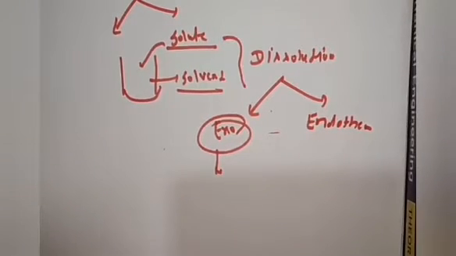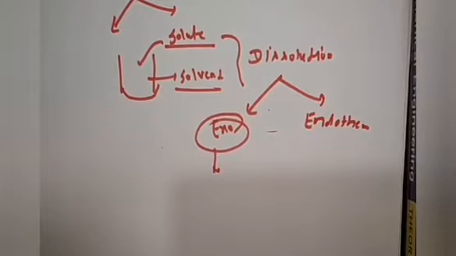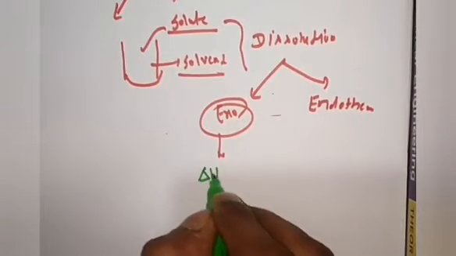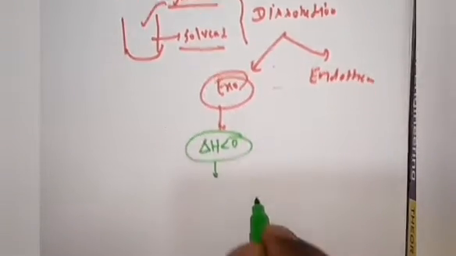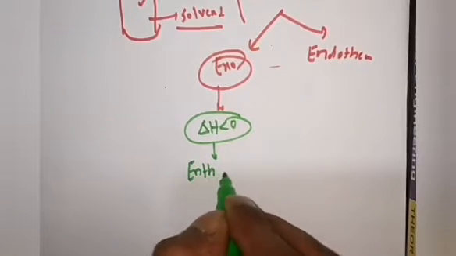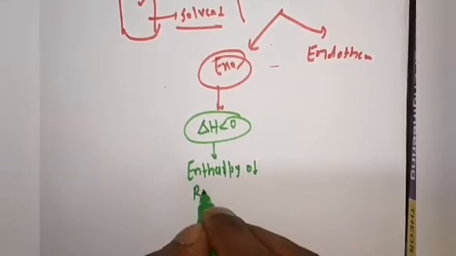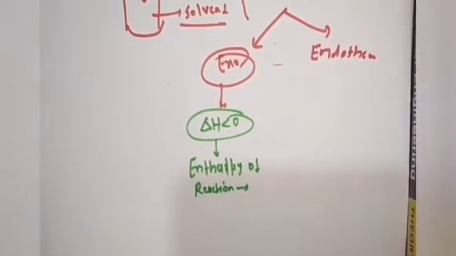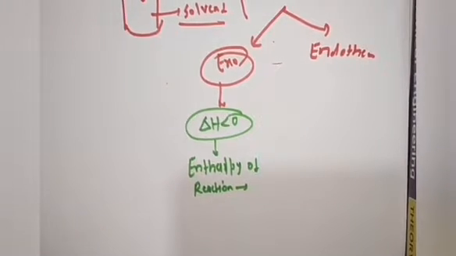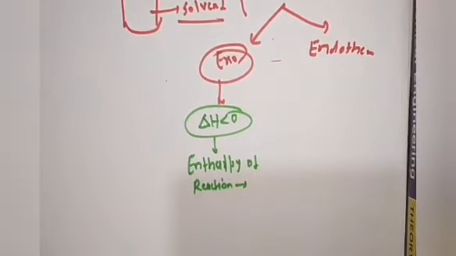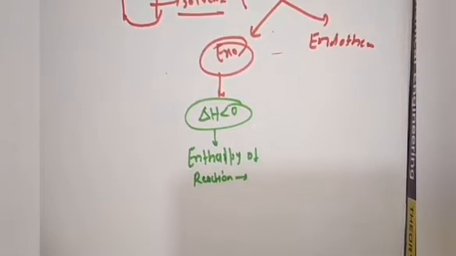The reason behind that is कि if a chemical reaction is taking place, then what used to happen, if the enthalpy of reaction is coming negative, just like delta H is less than 0, means enthalpy of reaction is negative. Just I am writing over here enthalpy of reaction. I think you all have studied enthalpy of reaction, जो भी है वो क्लास 11th के thermodynamics में. So I am not going to discuss all these topics here because it's a very fast topic and I don't think it's very necessary to discuss over here. I will tell you everything over here and you will be able to understand everything.